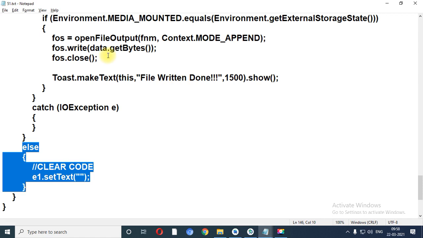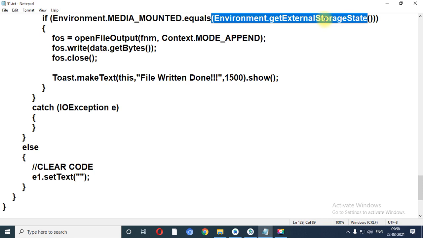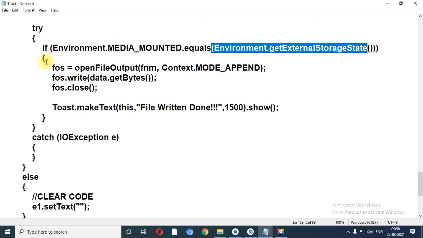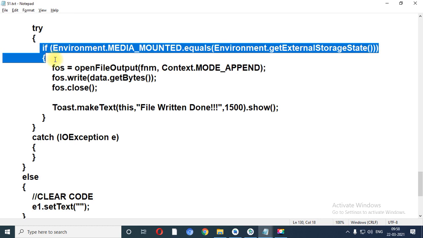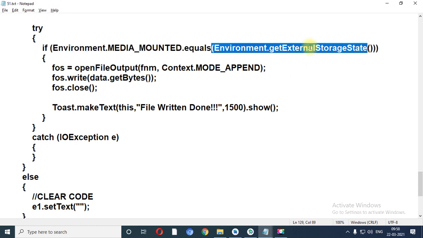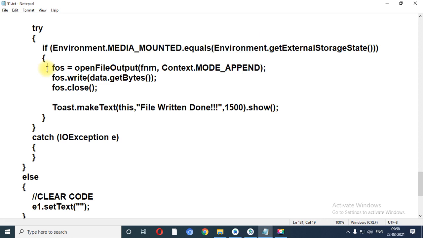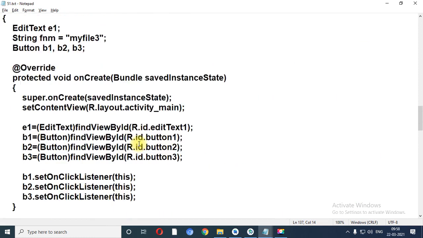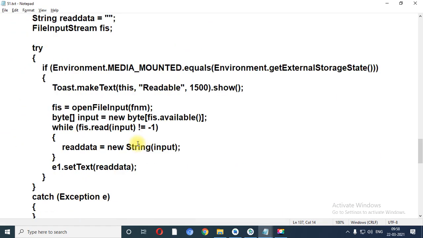Second thing, you need to check whether the mobile is connected with the external storage or not, because all devices may not contain it. So this condition will only return true if your external storage state is present in the mobile, and then the file write is done. So read and write operations would be there in the external media.